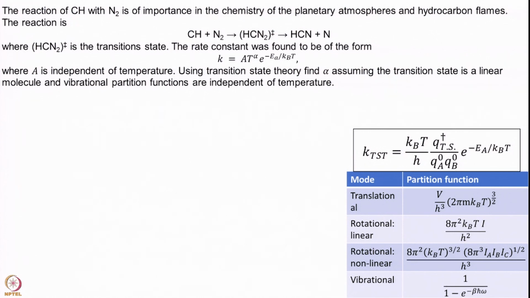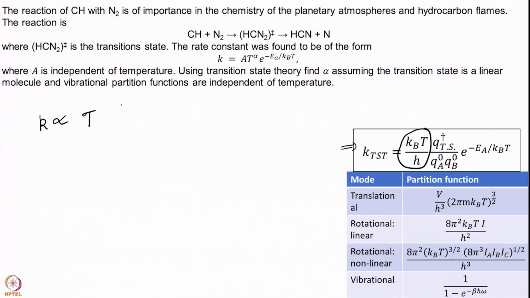Okay. Hopefully, you are back, you have a value of alpha with you. We will calculate it together and see if our results match. So, we are going to use this formula, and we are going to look only at the temperature part. So, I am going to use proportional to. First, I have this T coming from this. Then I have Q transition state.